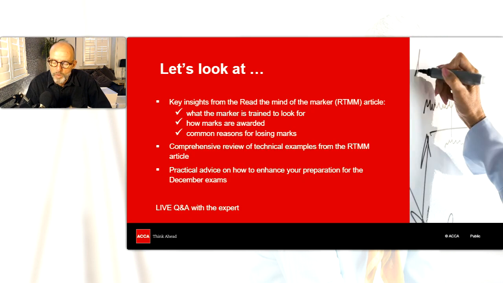But what we are going to look at on this course is we'll review some of the key points mentioned in the resource. The resource is quite comprehensive, and I'm not going to go through the whole thing with a fine-tooth comb because that would take us quite a long time, and you need to make some time in the diary to do that yourself.